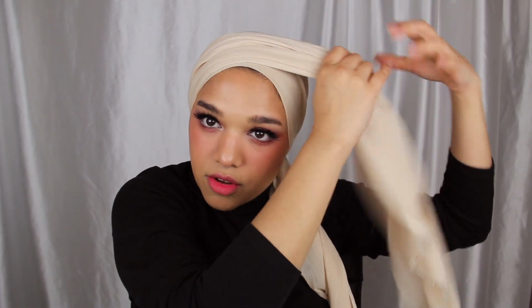So you're going to bring it over and you're going to decide where you want your bun to be. So if you want your bun up here, then I'd recommend pinning it here. If you want your bun lower down, like maybe over here, then pin your hijab here. You basically just need to keep it nice and secure before you start doing the wrapping, or else things will get easily out of control. Like that. And now you're going to grab the other side and you're going to bring it over